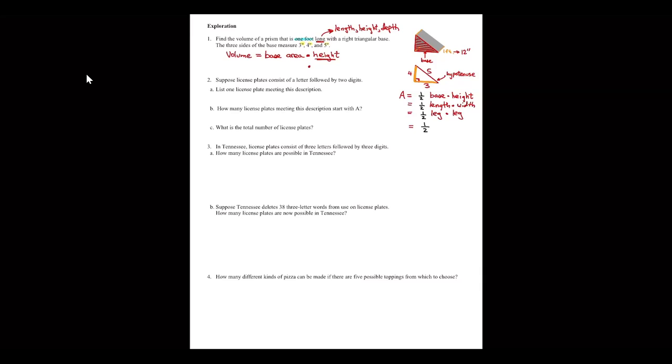So 1/2 times 3 times 4. That's going to be 12 times a half, or half of 12 is 6. Now the units. This was 3 inches against 4 inches. And the 1/2 is just a scalar, right? It's just a multiplier. So what I have here is inches multiplied by inches,